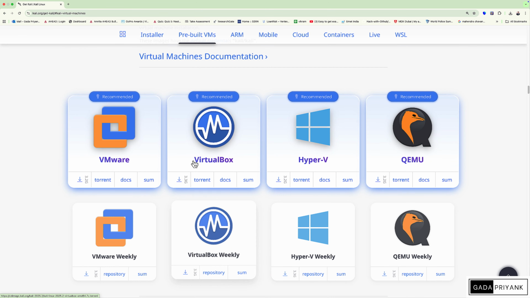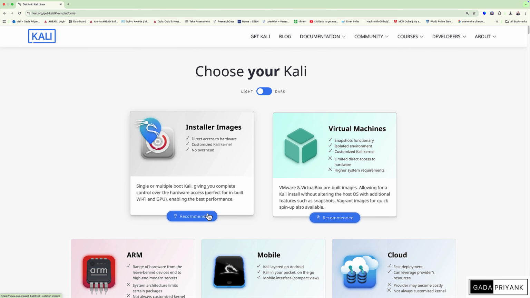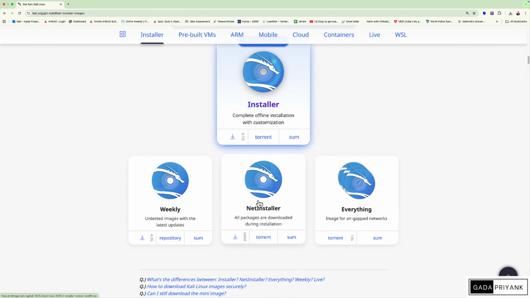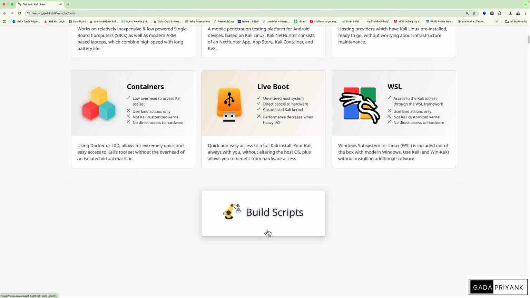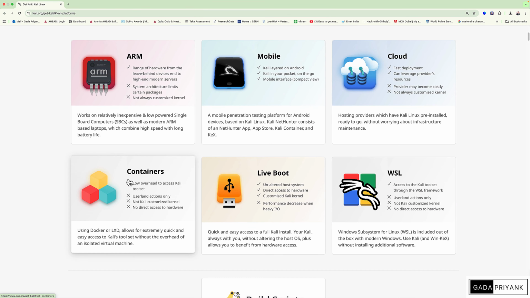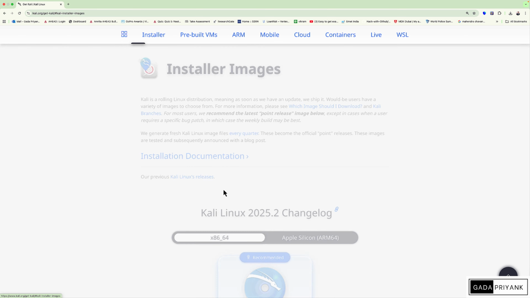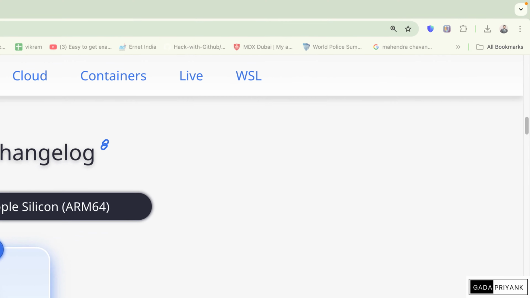Now if we go to virtual builds, you will notice that VirtualBox is available and Kali is available, and these are the download buttons over here and the sizes. For now we are just going to click on installer image, and over here we are going to download the ISO image. If you wish to, you can download Kali's virtual image as well, but personally I feel that I will install it manually, because you are going to learn how to install a Linux operating system for the first time. So just go to installer, and depending on your operating system, since I have an Apple Silicon chipset, I'll click on 64 architecture Apple Silicon, and this is the download button.